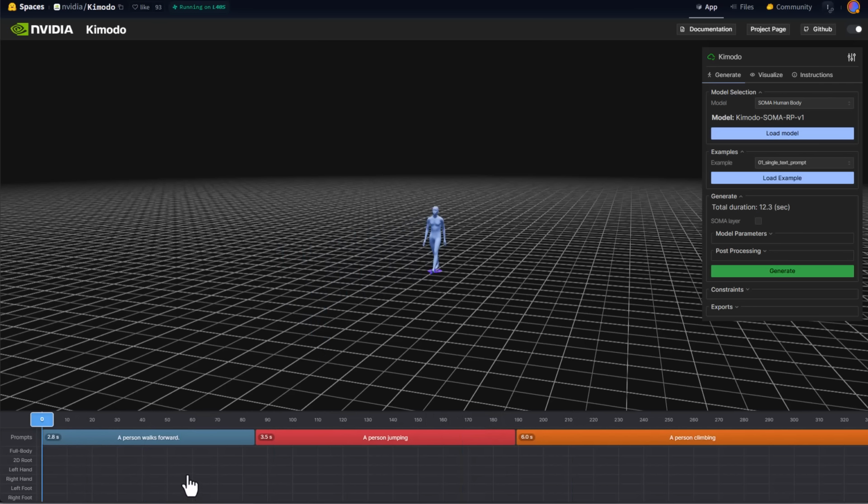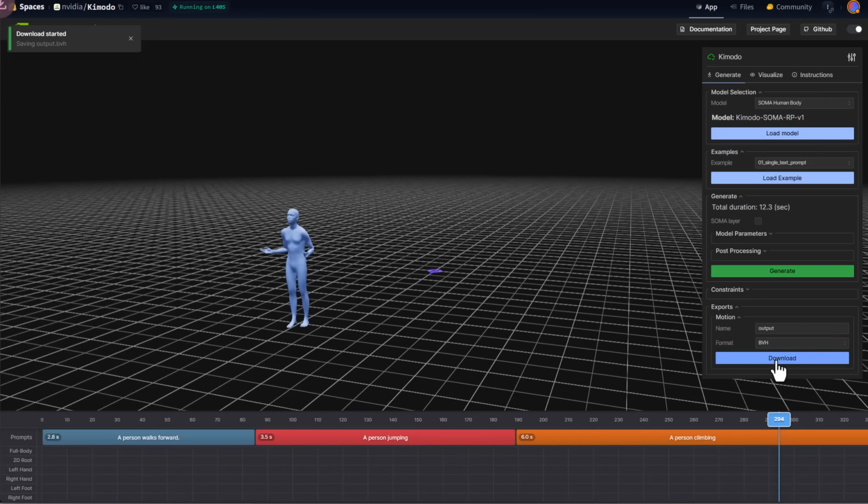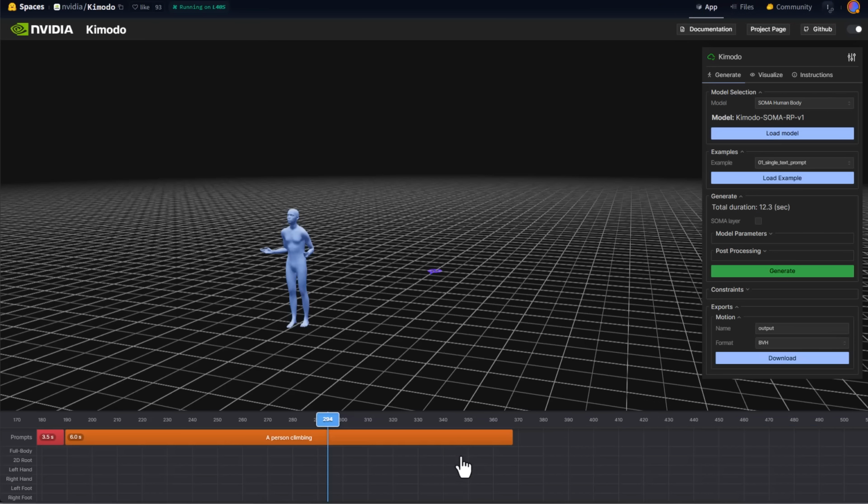So if I move this all the way back, press the space bar, you would notice that we do have the person walking, gets to this point, it does the jump, and then it gets to this other point and begins the climb. So if you would like to export this, of course, like we mentioned earlier, and then we can get a BVH reader, which we will use to play this animation back. How you delete stuff with this is by simply right-clicking. So once you right-click, you get to delete